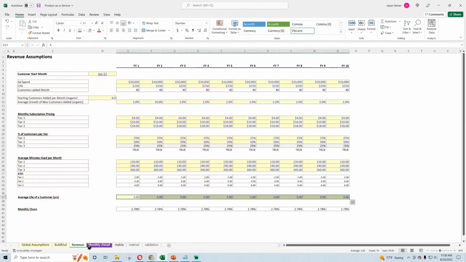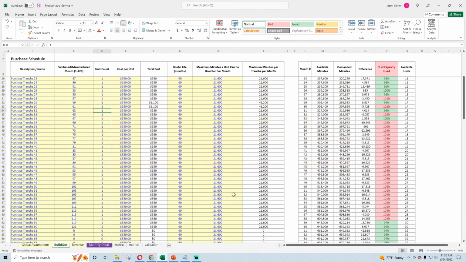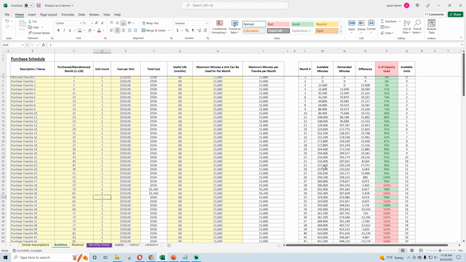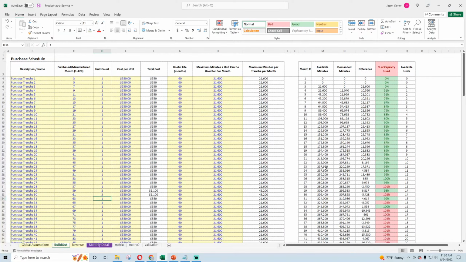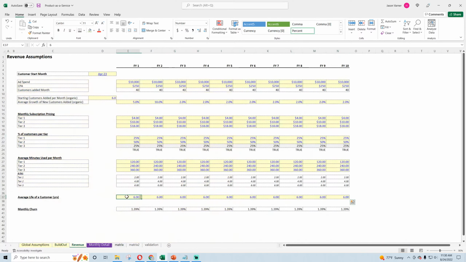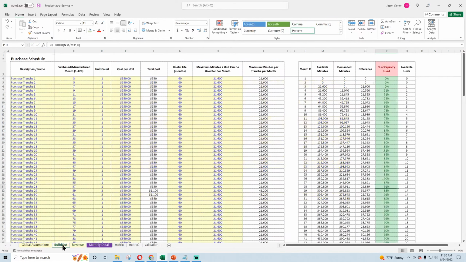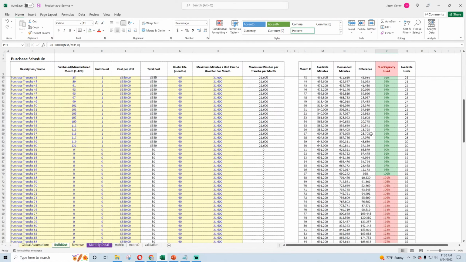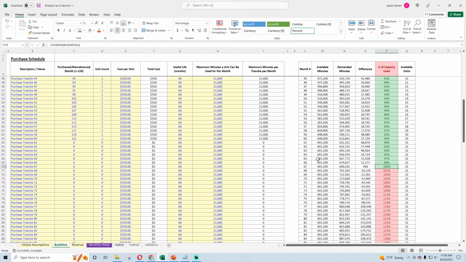And let's put this back to an average of, let's say, a 6-year life on average for a customer. And remember, we were getting stuck around month 60. Now, let's see what's happening here. Month 28, we have too much demand, not enough. That's because I had 3-year in the first year. I'm just trying to get back to that original scenario. Okay, there we go. So yeah, we're running out in month 67.